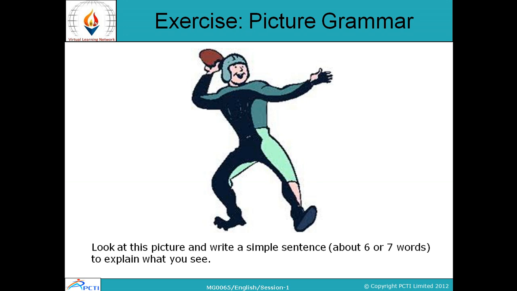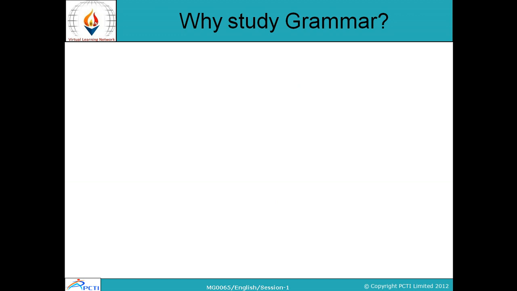So that is how you know a lot about grammar, कि आपने पहले ही अपने सेंटेंस को कैपिटल लेटर से स्टार्ट किया है और एंड किया है फुल स्टॉप से, तो आपको ऑलरेडी ग्रामर के बारे में काफी कुछ पता है. तो फिर हमको ग्रामर क्यों पढ़नी है? Why study grammar? Although you do write good sentences, आप अच्छे सेंटेंसेस लिखते हो, but most of the time you may make a few mistakes, लेकिन फिर भी बहुत बार ऐसा होता है कि आप मिस्टेक्स करते हो.